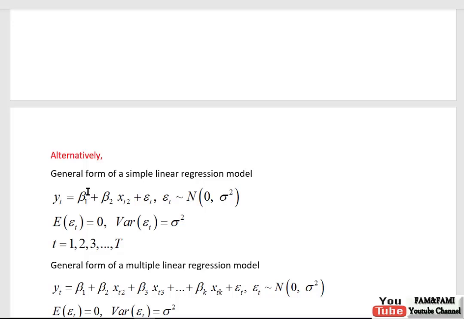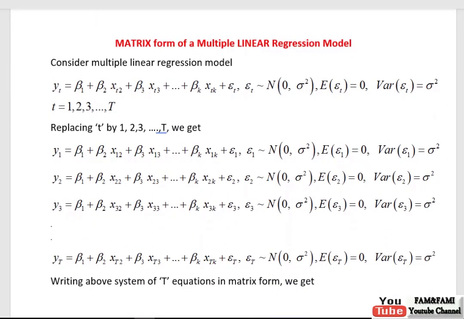And now look at here, adjacent to this beta 1 we will write 1, and adjacent to this beta 2 we will write x1 2, and then replacing t by 2, x2 2, 2 3 and so on. So there is no x3, x4 etc. So we have only this 2 regressor model where the first regressor is just constant 1. So here let's say you have this model up to only this x2.